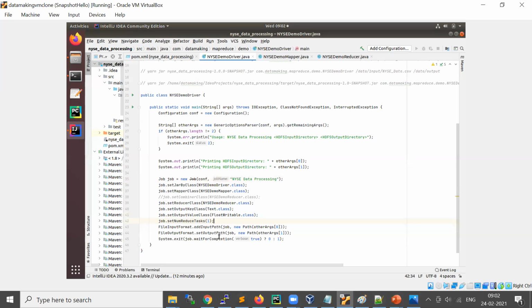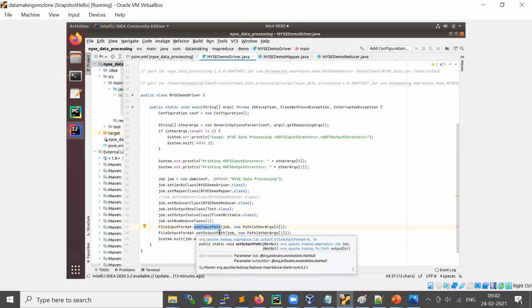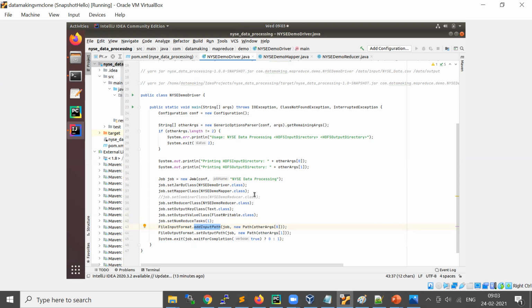Okay, and then you need to tell the MapReduce framework what your input path is, where your input file is located. So I'm passing an argument to this program, and that has to be set in FileInputFormat.addInputPath. Similarly, you have to specify where the job should store its result once it processes your file.